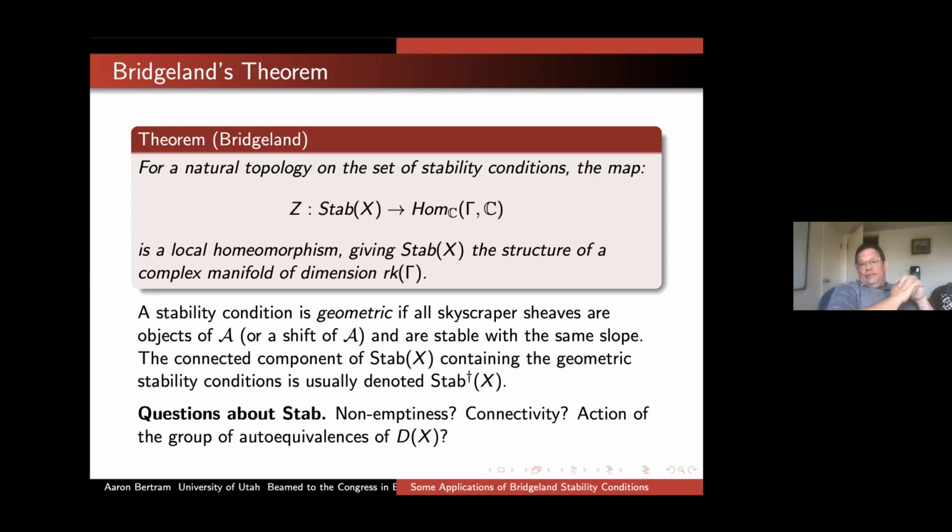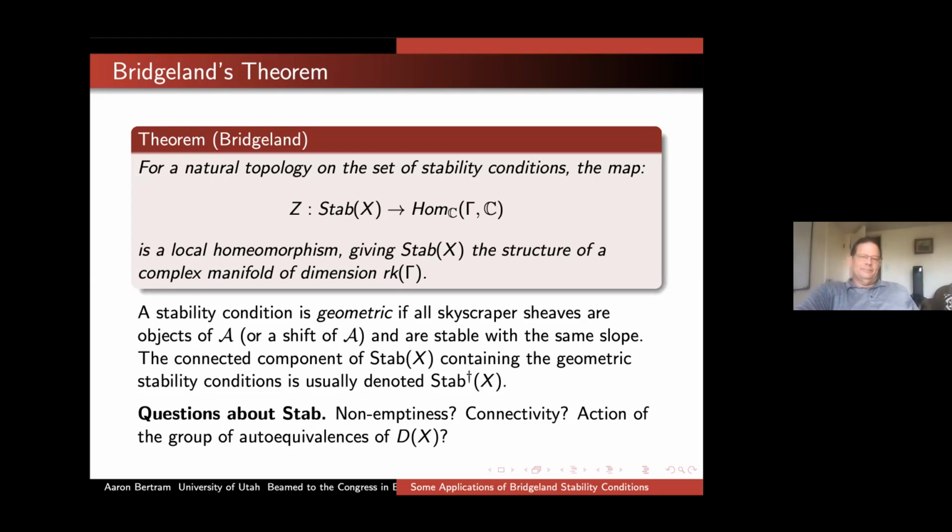Why would you be interested in this stability manifold? Let's say for a Calabi-Yau threefold, it's supposed to play an important role in mirror symmetry. So it has definite mirror symmetry type properties for K3 surfaces, and it should also have mirror symmetry properties for Calabi-Yau threefolds. And eventually some really smart young person, maybe in the audience here, is going to figure that out